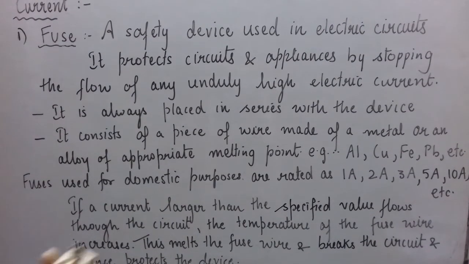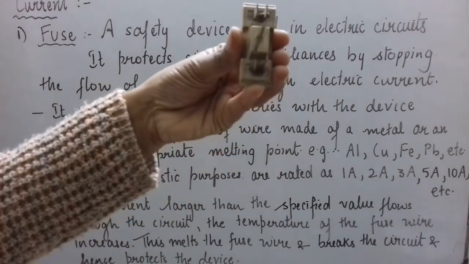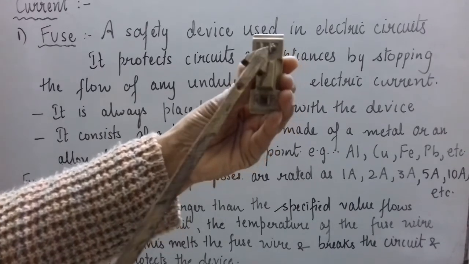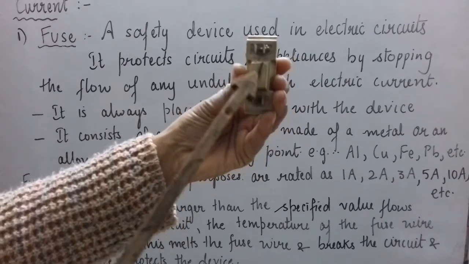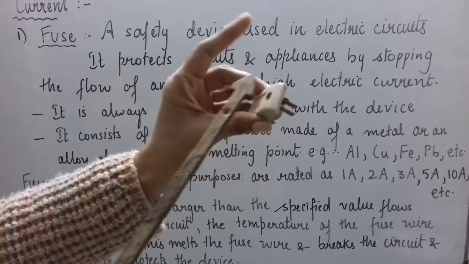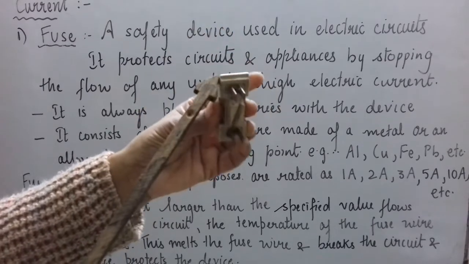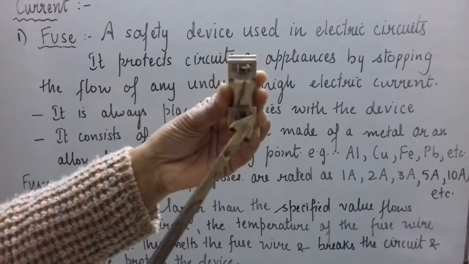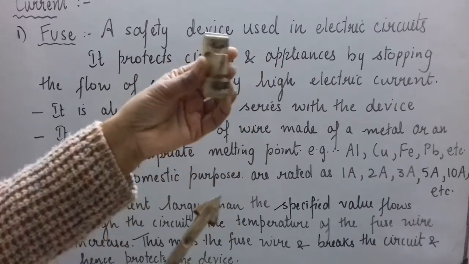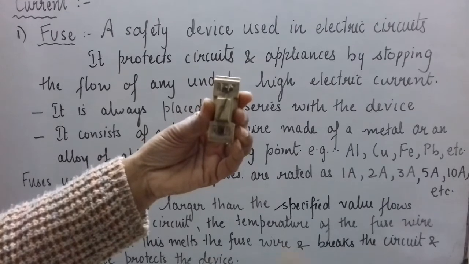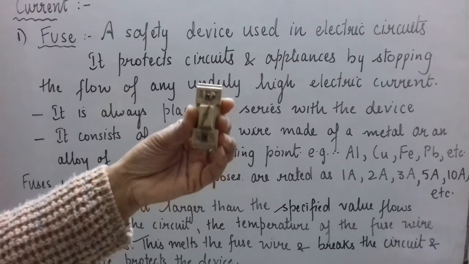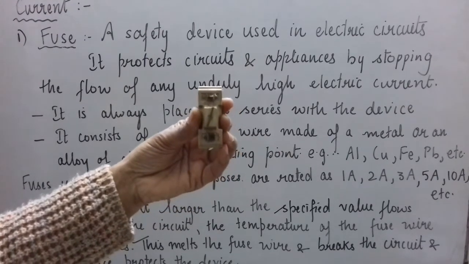See, this is a fuse. You can see here the wire. This is the fuse wire, the filament of the fuse. Generally this fuse wire is enclosed in a porcelain cartridge, which is an insulating material. It has two metal ends and the fuse wire is connected to the two metal ends, and it can be inserted in a socket and hence the circuit will be completed and the current will flow through your supply. Let us say to any room the current is supplied through this fuse.